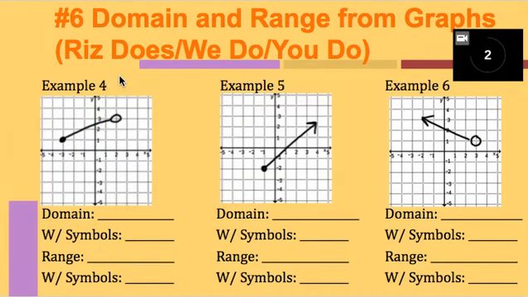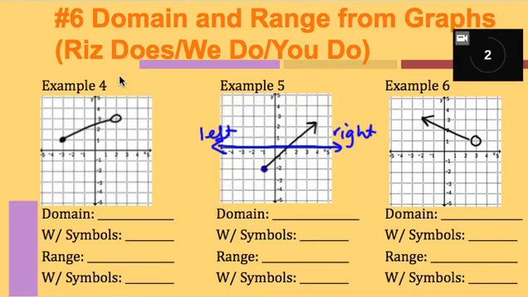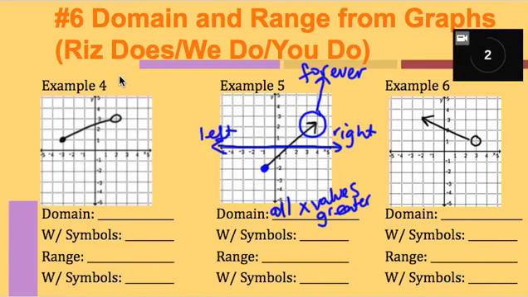So if we're looking at example 5, same idea. I'm going to go with my x-axis. I start from the left. I go all the way to the right. Okay, so the first point that I see from the left is this one right here. Now if you didn't know, this arrow means it goes on forever. So all x values greater than or equal to,